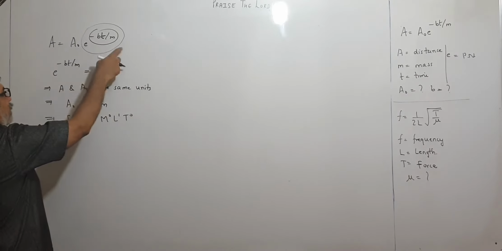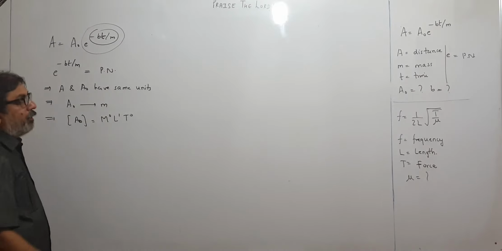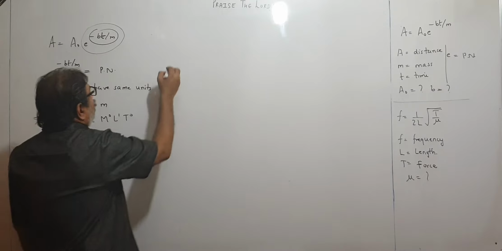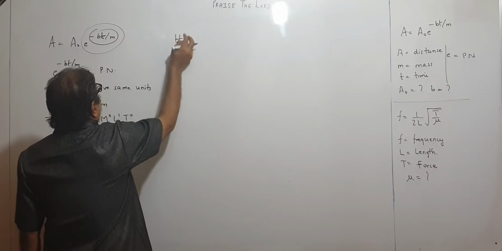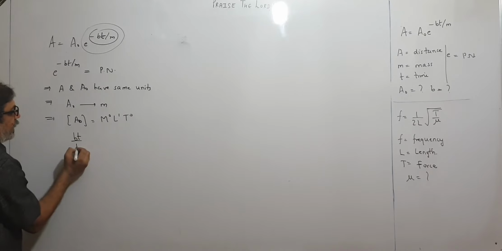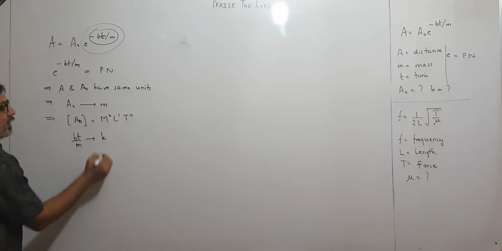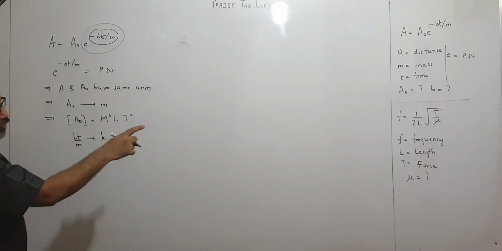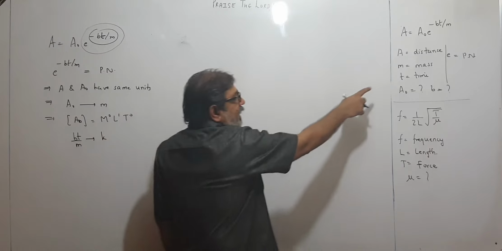Let us come over here children. Power is a pure number, you know that. Minus has got no significance because it's again a constant. So I know that Bt I write over here. See, Bt upon M is a constant number. Pure constant. Minus or plus, that is okay, constant only. It is told to me that M is mass and T is time.